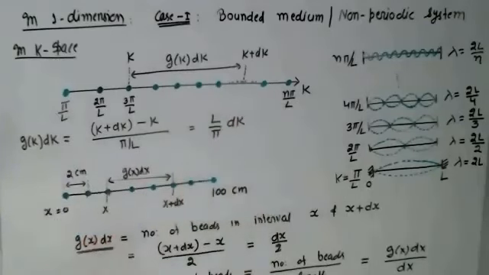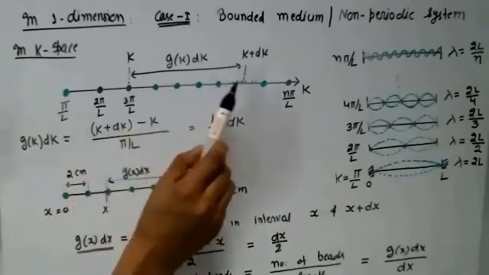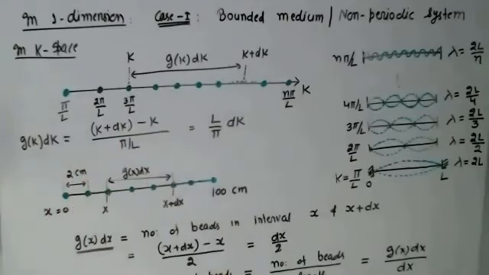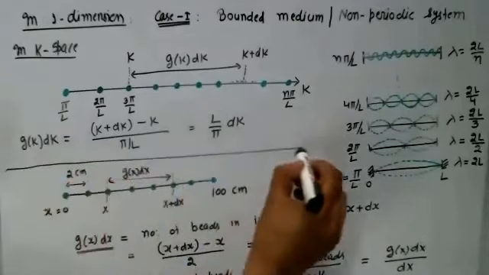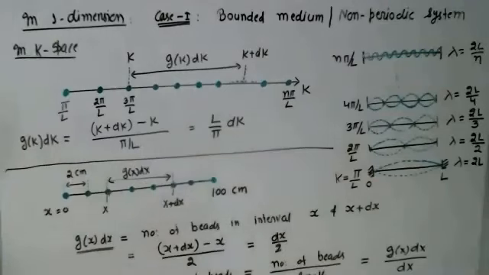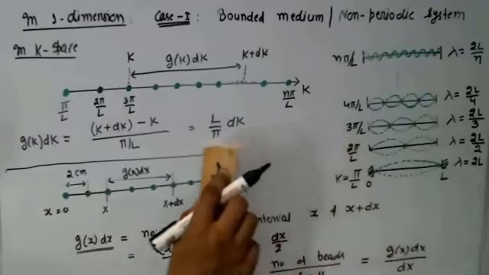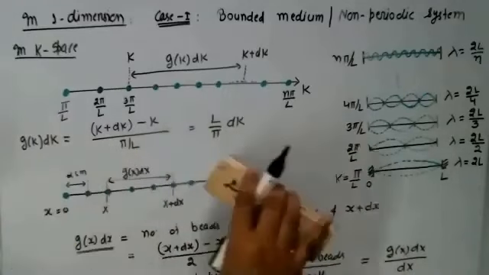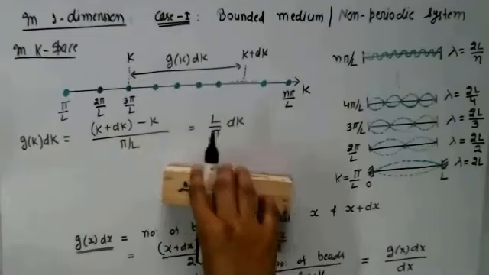You see, you got the expression for the number of states, number of k states in the interval k and k plus dk. This is so simple, no? कोई डाउट यहां तक? And